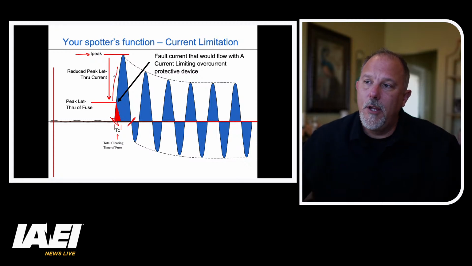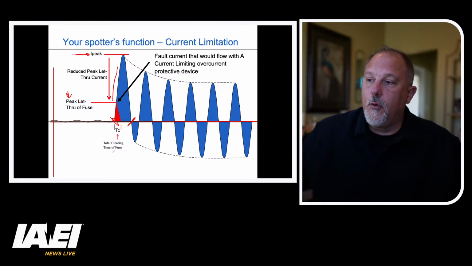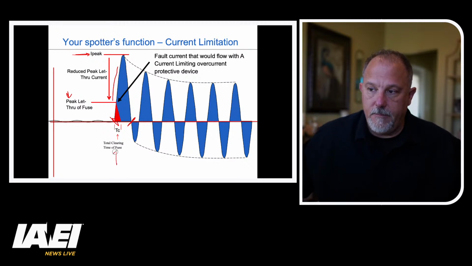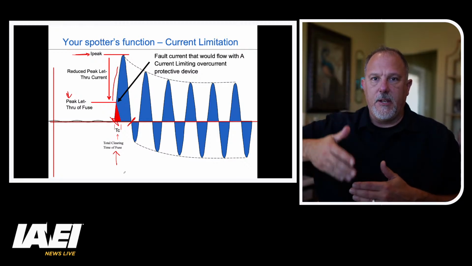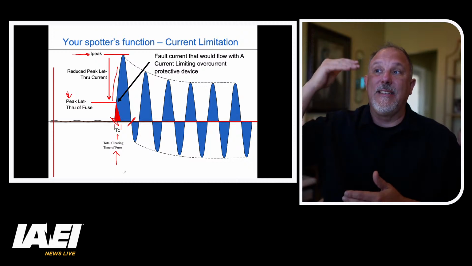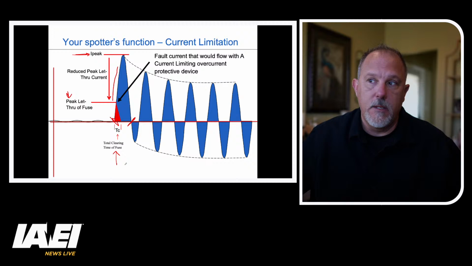So the goal, what our desire is, is to knock this peak down to something that is much less for a very short period of time. We don't want to let that first half cycle, we don't want the equipment to actually see the full brunt of that fault current. A good example of that is found